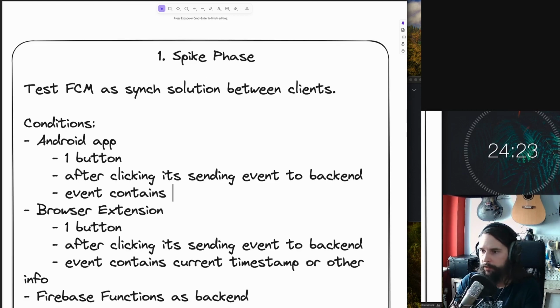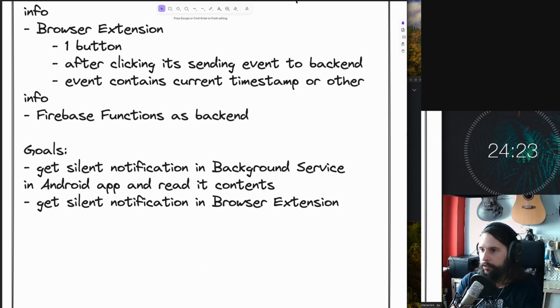So, like the same functionality, get silent notification in browser extension. If the spike fails, I need to kind of rethink the whole solution. I'm putting a lot of weight on Firebase Cloud Messaging to solve my problem. If it's not working, I will probably have to create a way deeper system design diagram to still send events